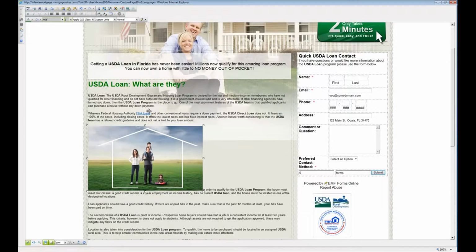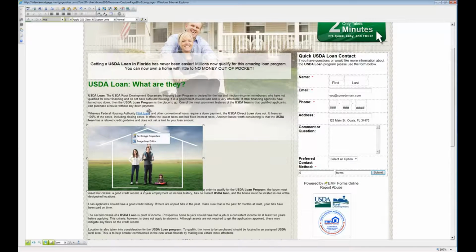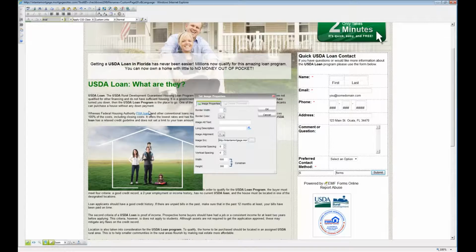Insert. Now once I've inserted it, I have to edit it. So I'm going to right click and choose, see how I did that again, right click, choose Set Image Properties. I want it to have a border of 1. I want it to be named USDA Loan and the description the same. I'm going to left align it